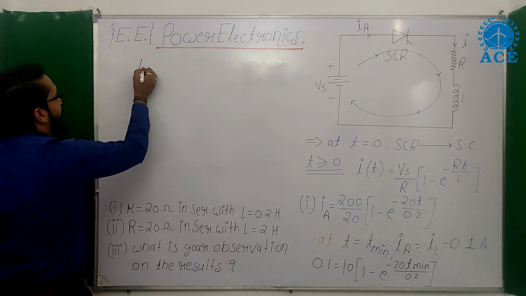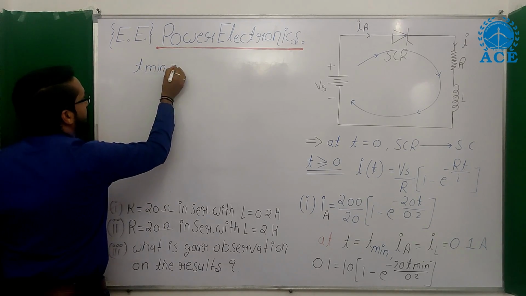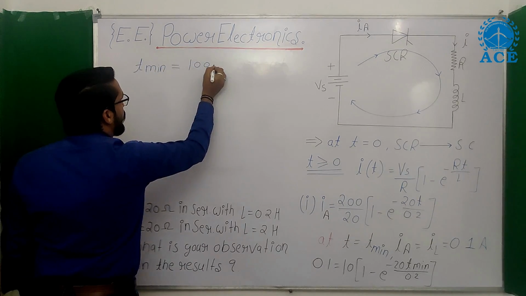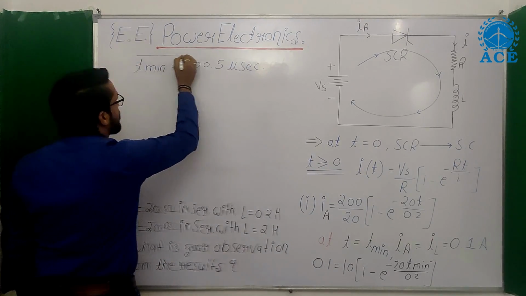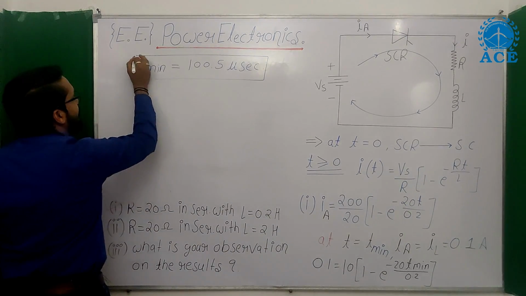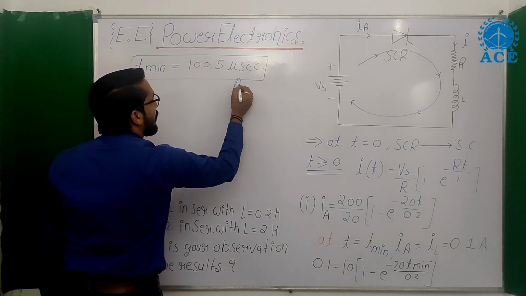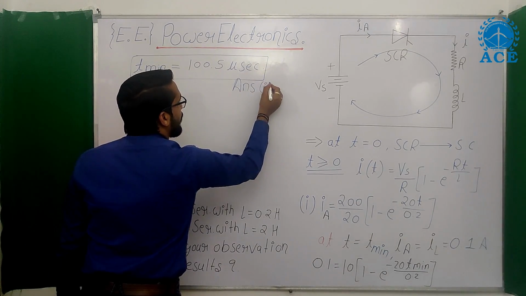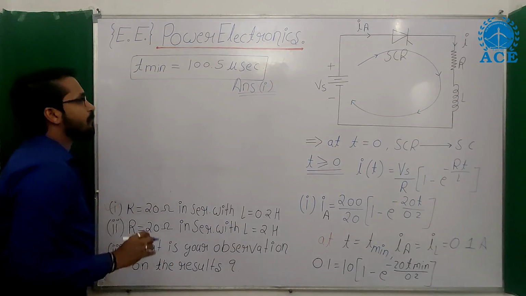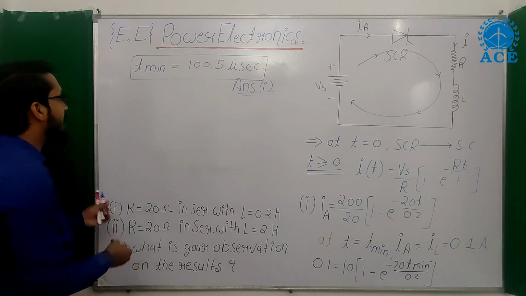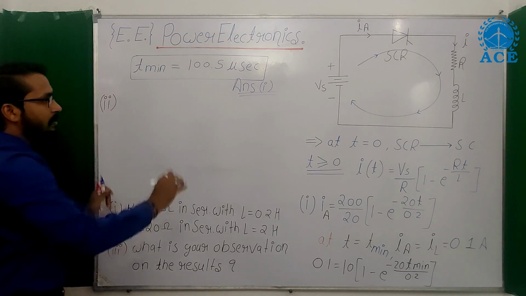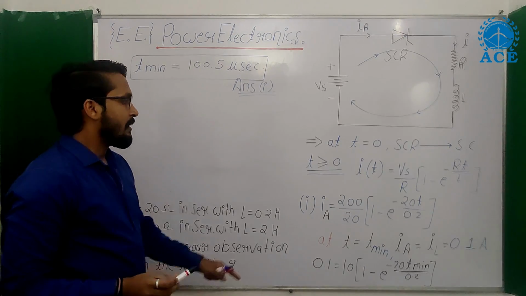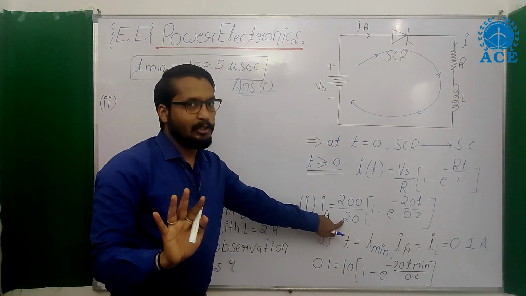You will get t minimum equal to 100.5 microsecond. So the answer of the first bit is 100.5 microsecond. Now let's start the discussion with respect to the second bit, where this R value is 20,